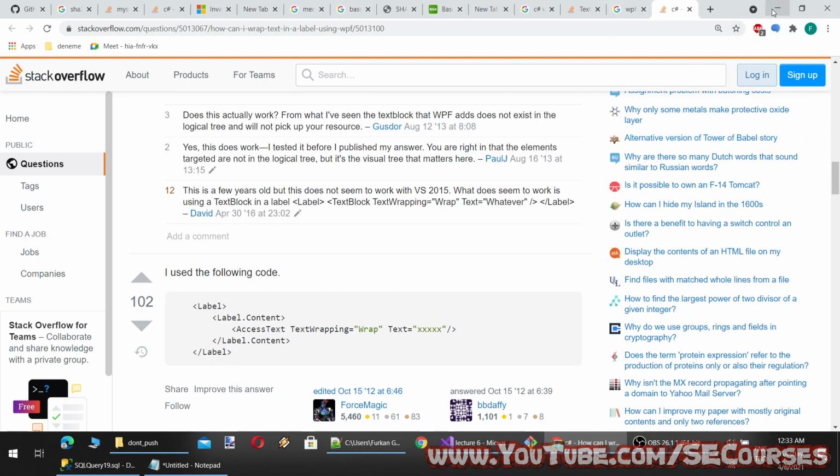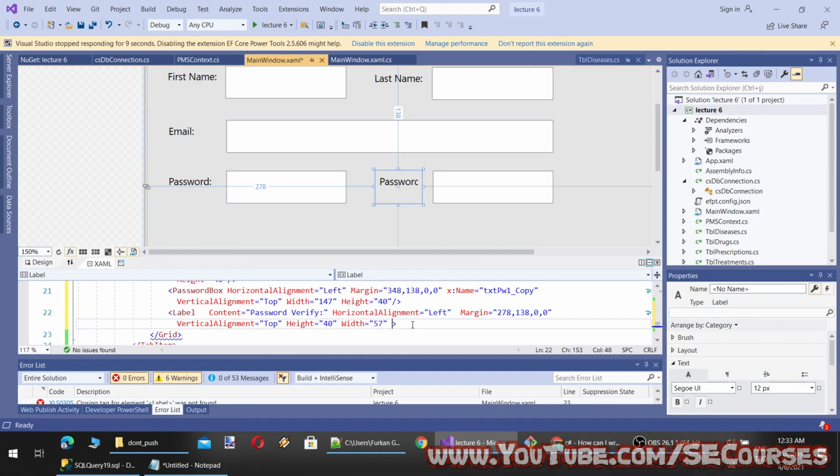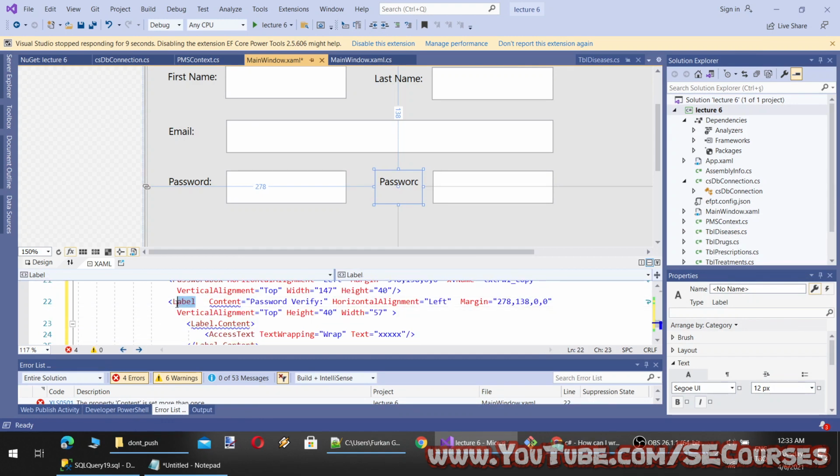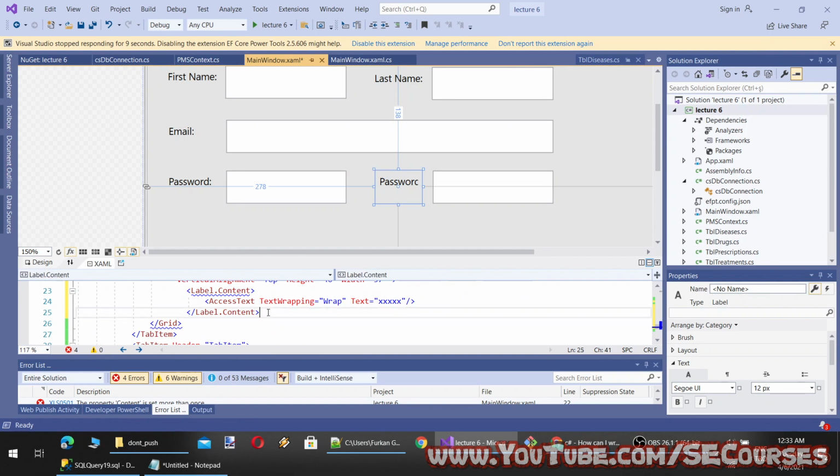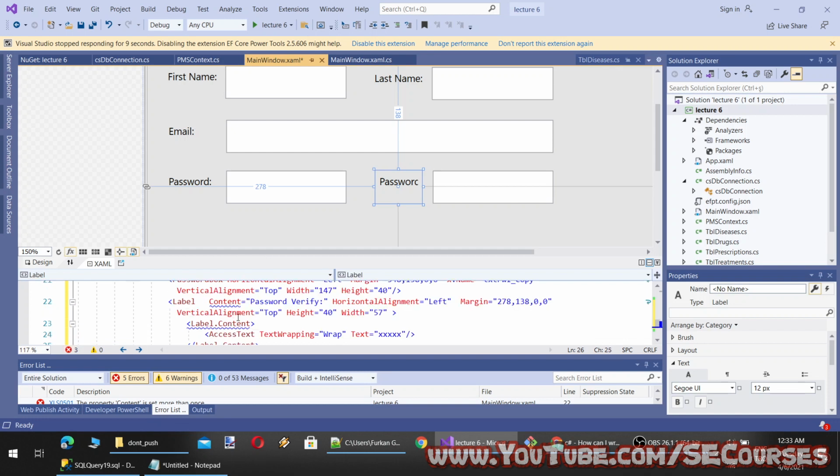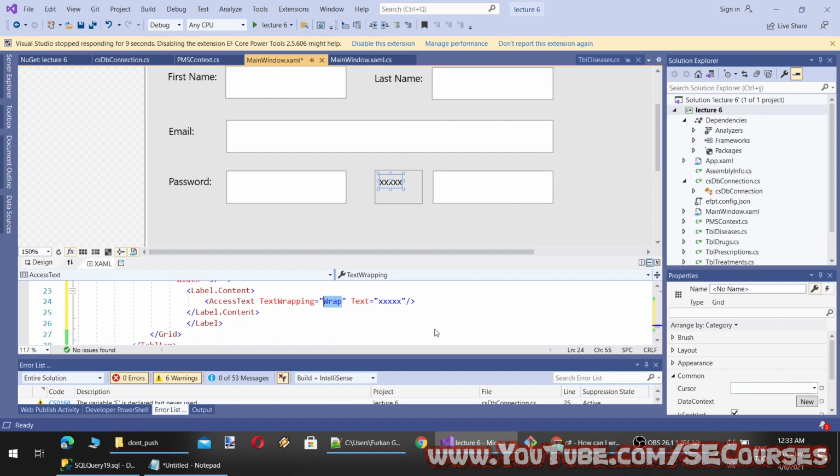You can use it like this as well. Verify password.